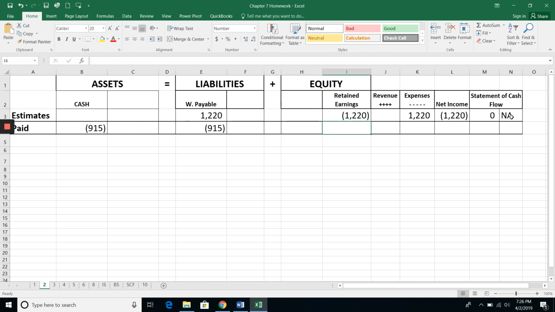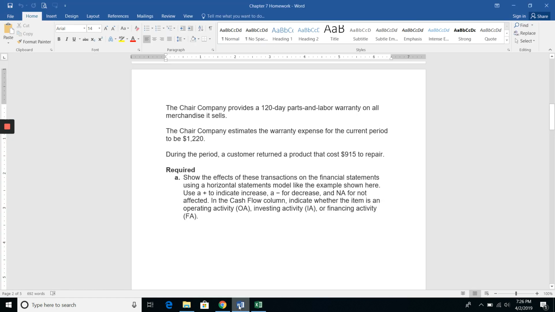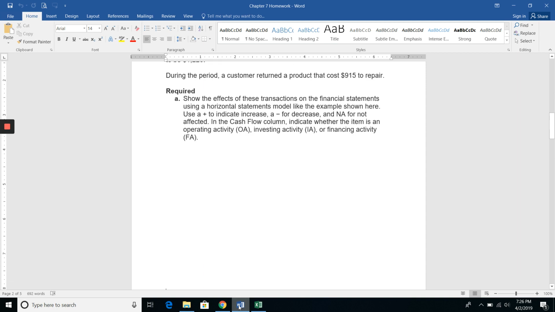No impact to our retained earnings. That account is only impacted when we actually set up the estimate. But our statement of cash flows is going to show that negative $915, and this would be an operating activity, something routine, ordinary that we'd have in the course of doing business. So let's take a look then at